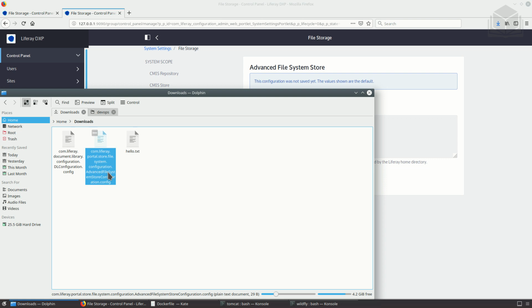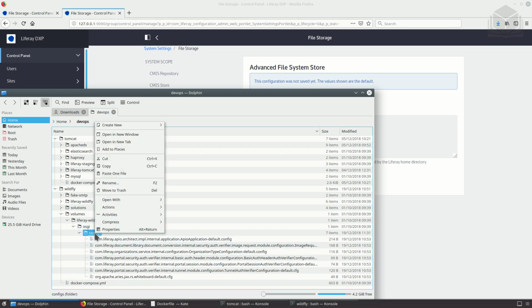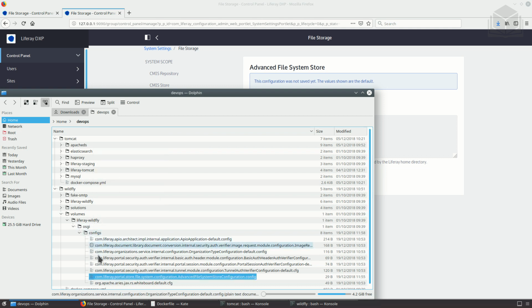So I can copy this file and I can paste it into our DevOps volumes Liferay Wildfly OSGI configs. If you remember, our Docker file for Liferay Wildfly configured a specific volume so that it's available from the outside host for Liferay Wildfly. So very nice. This comes in handy by just checking these configs. I can paste this one file into the configs directory,